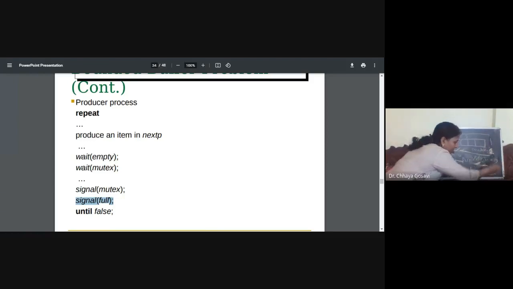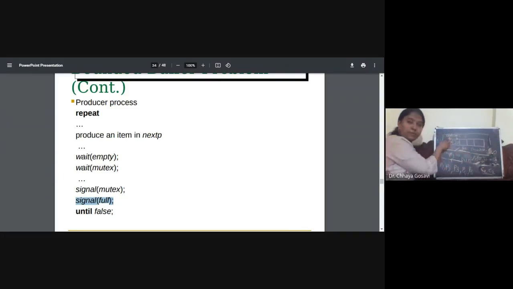and increment this value. Now suppose a consumer arrived. What will the consumer do? The consumer can enter here and will decrement this value of full. So one more consumer can enter. But at a time either a producer or a consumer will enter because of this mutex. Mutex is a binary semaphore, and empty and full are integer or counting semaphores. So a consumer can enter, suppose C1 entered here, mutex is 0.